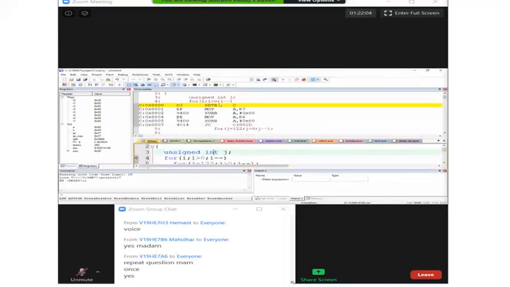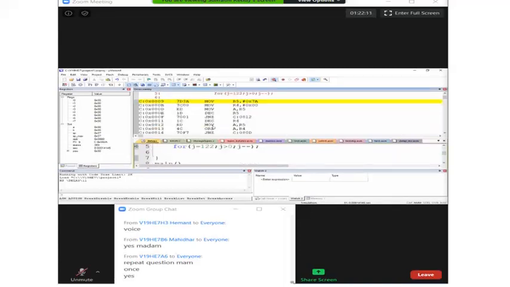But see here, for the upper loop, this is the code generated. For the inner loop, this is the code generated. They are the same type of loops, right? Only I and J values are different. But is the code generated by the compiler the same?